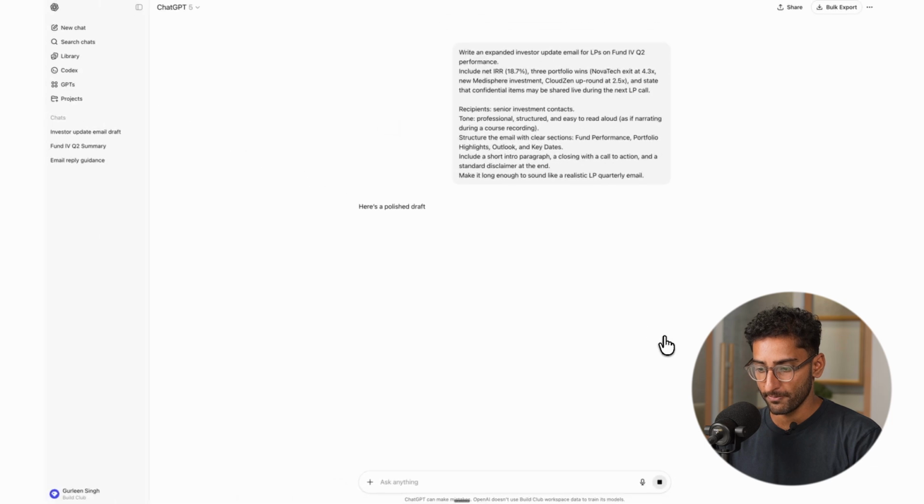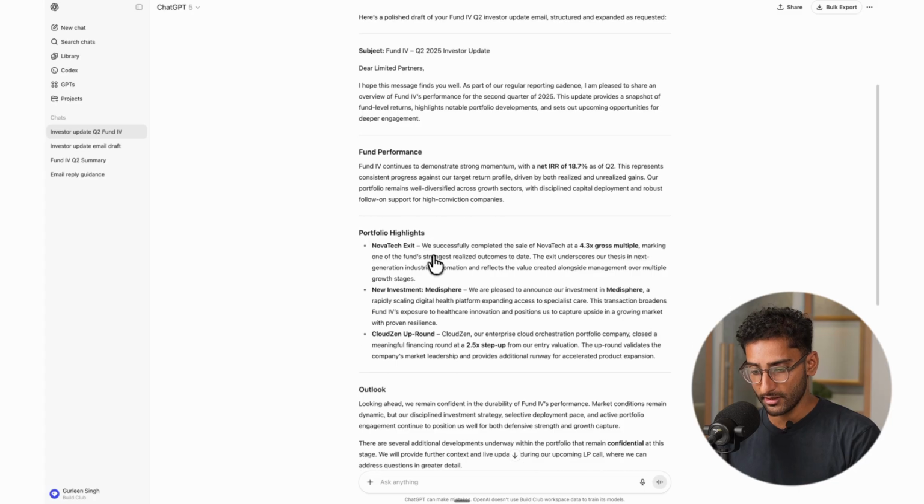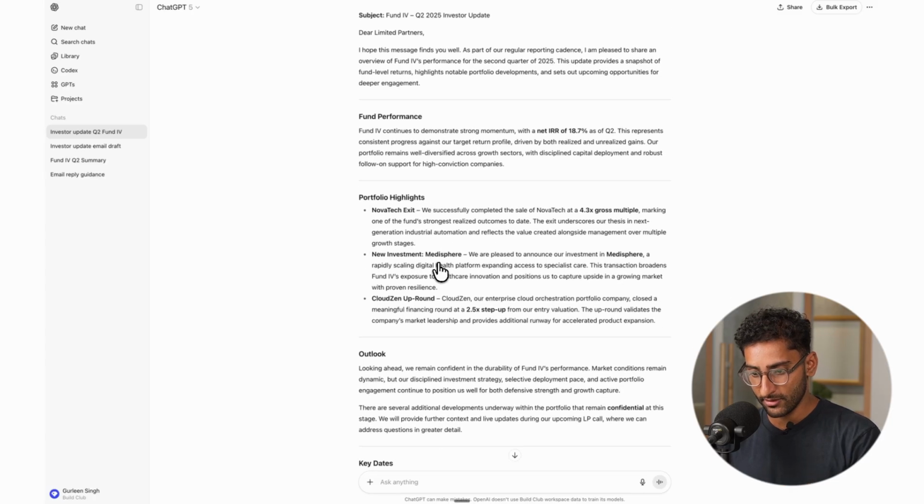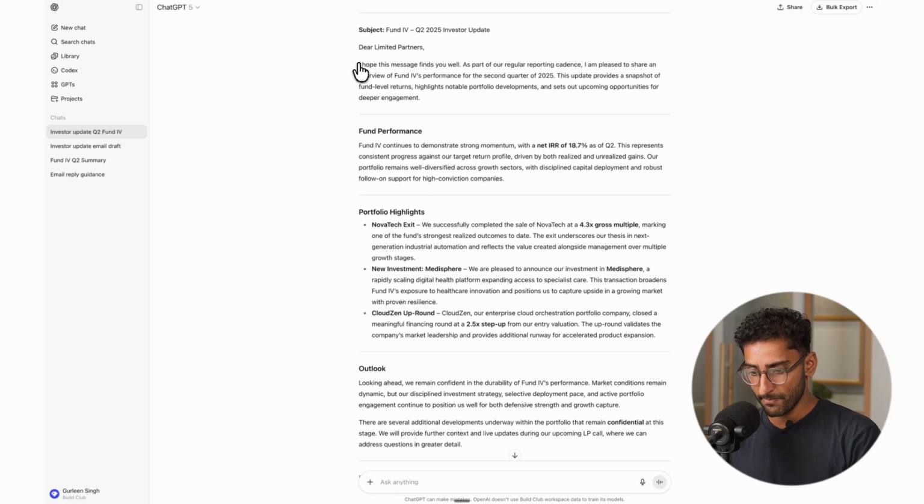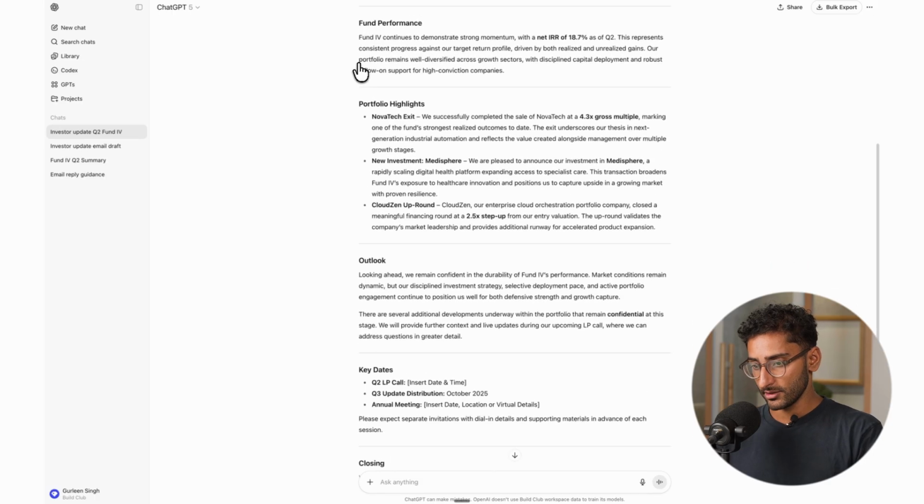the response to be. Here you can see the example of a response that it gave based on what we gave it. So you can see the structure that we gave in terms of the fund performance, portfolio wins that we asked for as well. And the tone as well, you can see it's very professional,